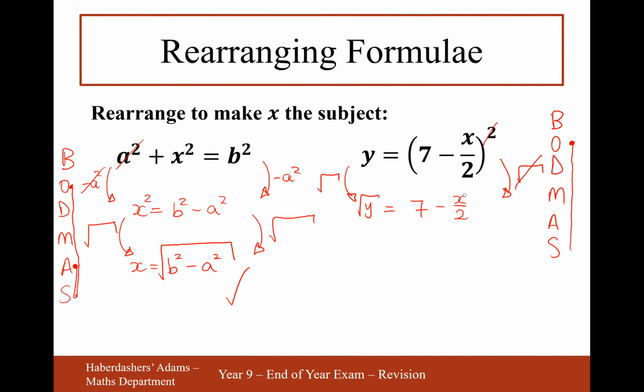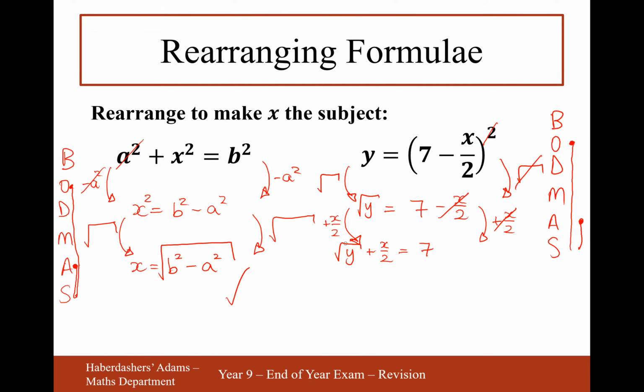Now I spot that my x term is a negative expression, and as soon as I see that, I add it to the other side. So I'm going to add x over 2 to both sides. So my left hand side is going to be the square root of y, add x over 2 equals, and then 7, because I'll have a minus x over 2 and an x over 2 that will cancel out. I'll start from the bottom of BODMAS again and work my way up, and this time I get to